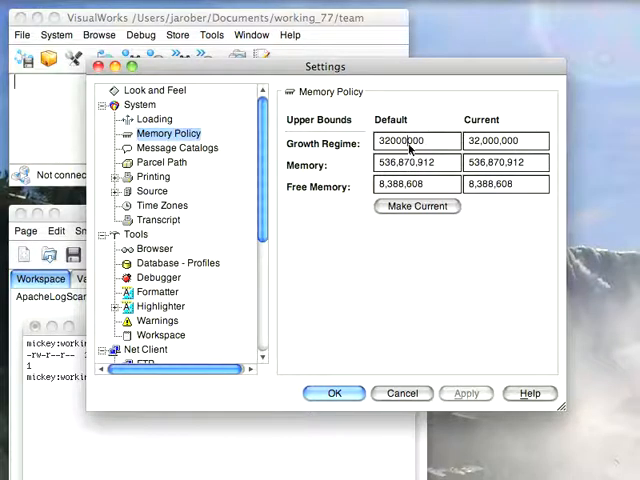In any case, growth regime is the more interesting one. This one tells the system at what point to switch over from being oriented towards allocating new memory to trying to scavenge first. Notice it's set to 32 meg, which is pretty low. If I'm reading in a 300 meg file or I'm doing something else that's very memory intensive, it's probably not